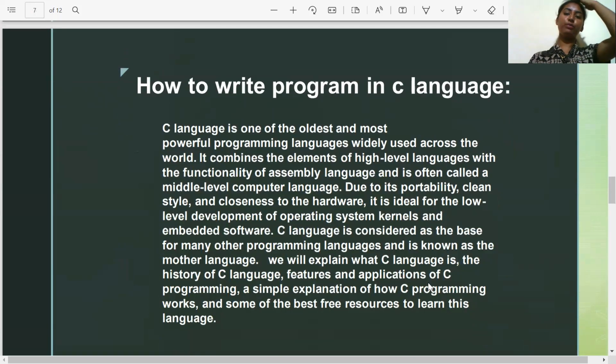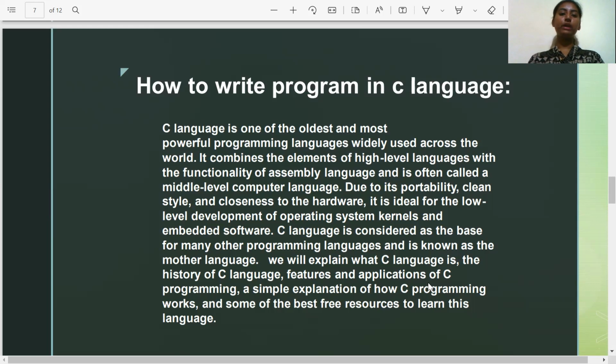How to write a program in C language. C is one of the oldest and most powerful programming languages, widely used across the world. It combines the elements of high-level language with the functionality of assembly language and is often called a middle-level computer language. Due to its portability, clean style and closeness to the hardware, it is ideal for the low-level development of operating system